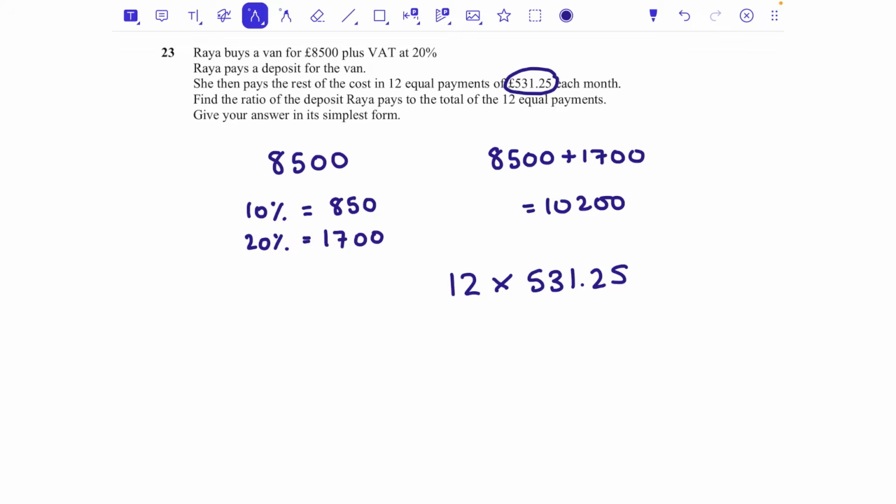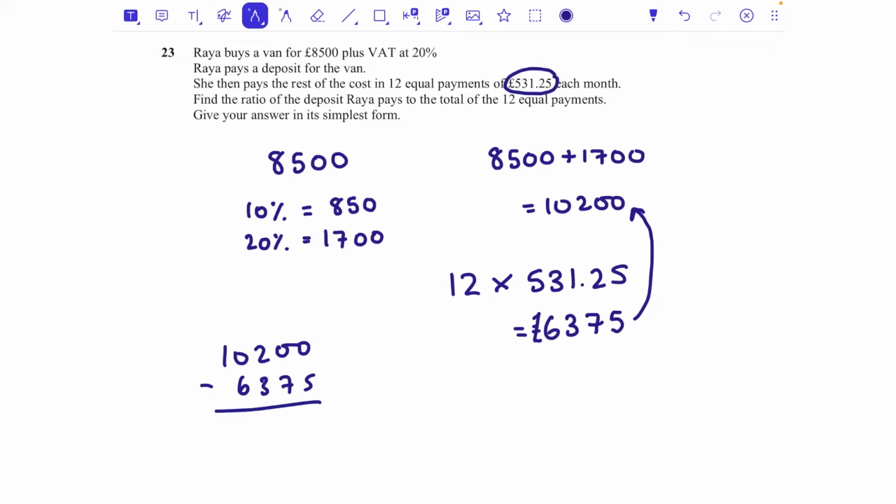So working that out, I find out that over those 12 months, she's going to pay £6,375 in total for the 12 monthly payments. That means the rest of the money that's missing must have been the money she put down on that first day, the deposit. So the difference, 10,200 take away 6,375, that's going to be how much she must have paid as the deposit. So 10,200 minus 6,375, that is